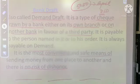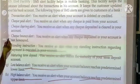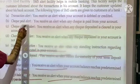Okay. Now we will see the SMS alert facility. You will get questions on this. Most of the times you get questions